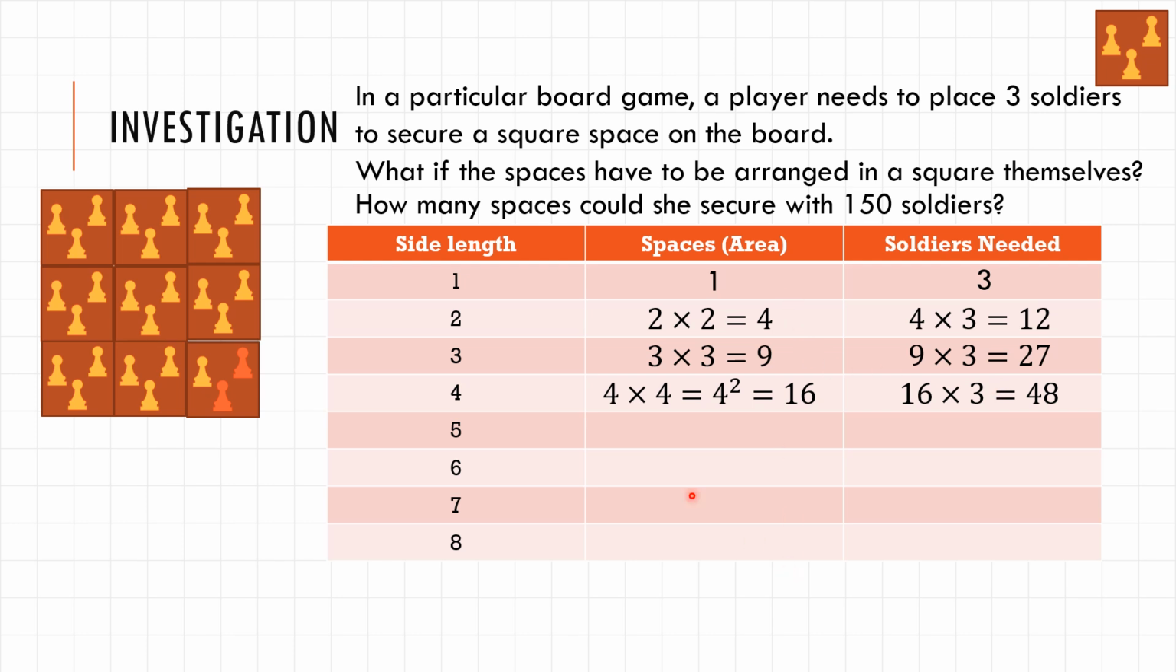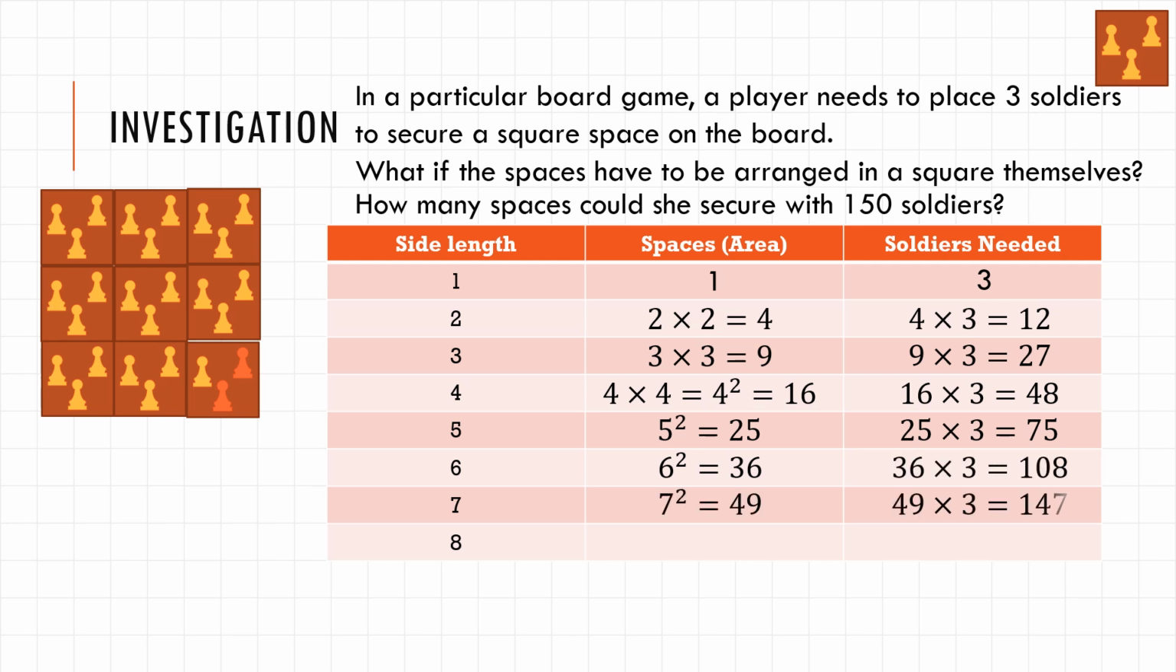So I can extend this pattern. 5 squared is 25. 25 times 3 is 75. 6 squared is 36. 36 times 3 is 108. 7 squared is 49. Times 3 is 147. And 8 squared is 64. Times 3 is 192. So I have filled out this entire table, and this will help me answer the question,